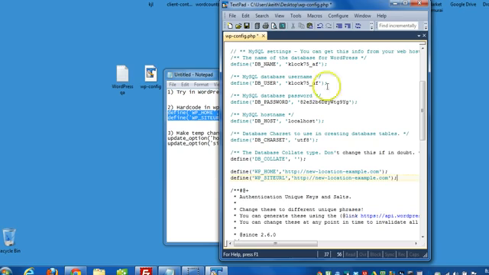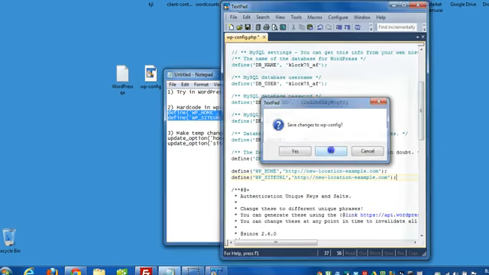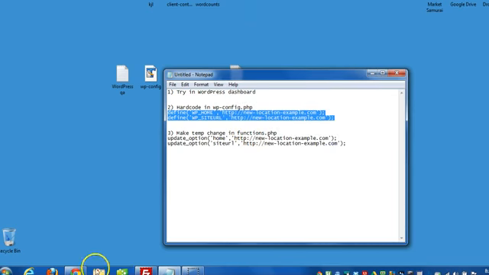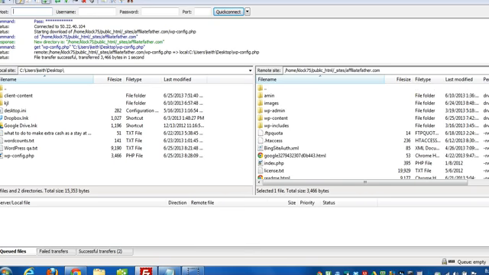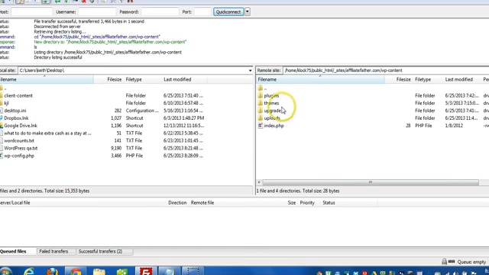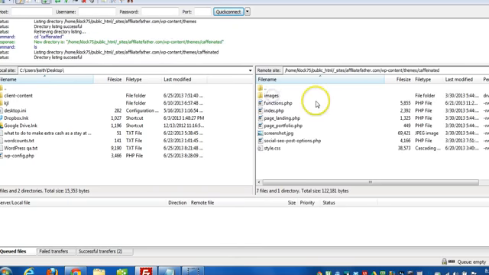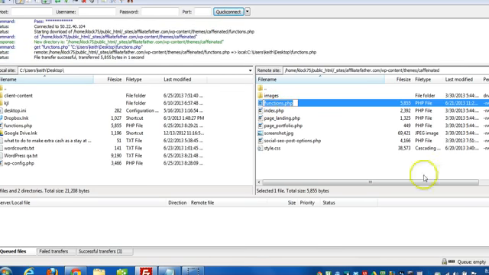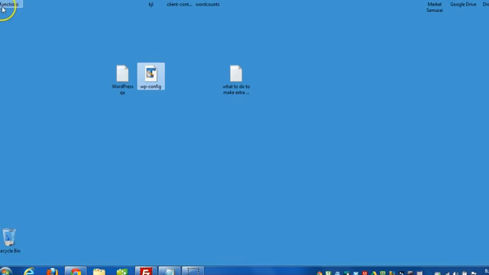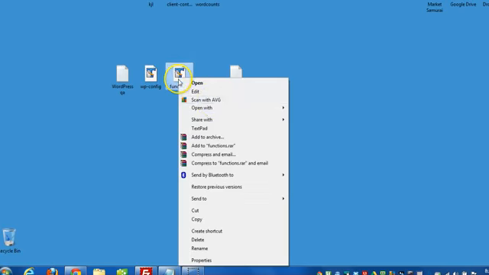Now, a better option would be to modify the functions file, which is in the themes folder. So if I log in, go to WP content, themes, and then the current theme that I'm working with is caffeinated, and within that is a functions file. So I could just download that file to my desktop, open it up with an editor,